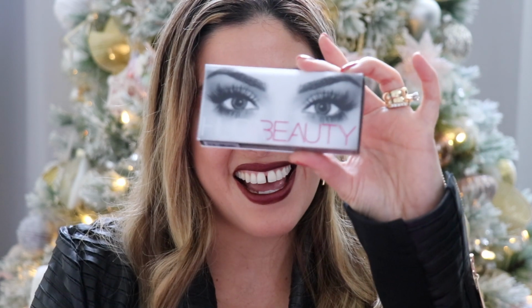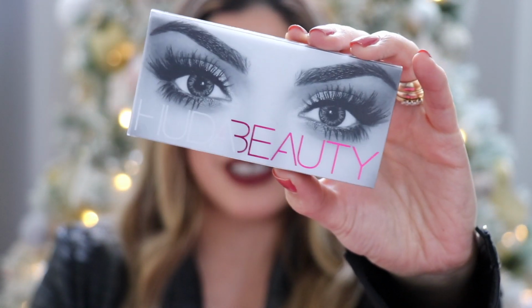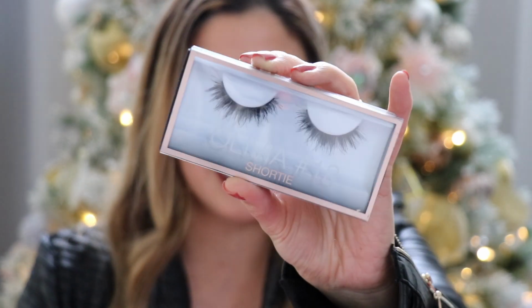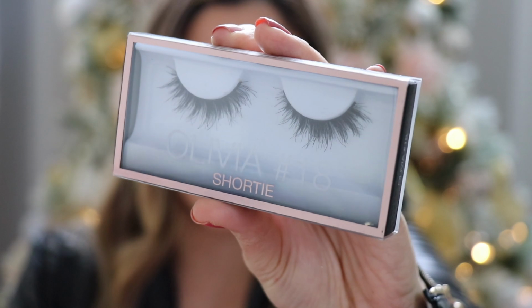But these lashes right here, they are voluminous. They give you that lifted look. They are small enough. The band is not too hard; sometimes certain lash bands are a little bit pokey. And the durability is really good. And I really hope that Huda Beauty will come out with more of these type of lashes. This is the style Olivia 18, but it says at the bottom shorty,